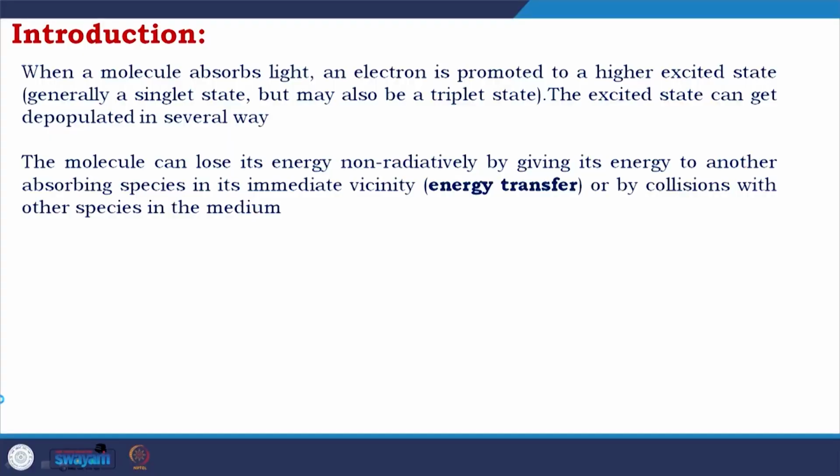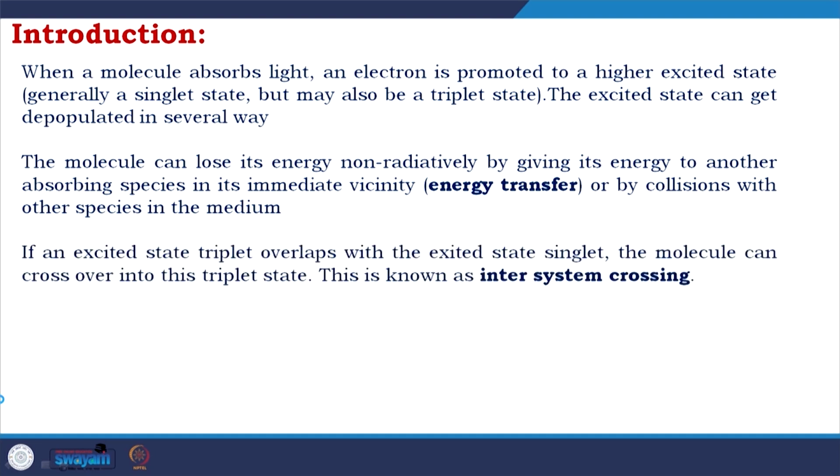So, how can the excited state get depopulated? One, the molecule going to the excited state can lose its energy non-radiatively by giving its energy to another absorbing species in its immediate vicinity, which is called energy transfer, or by collision with other species in the medium. If an excited state triplet overlaps with the excited state singlet, the molecule can cross over into this triplet state, known as